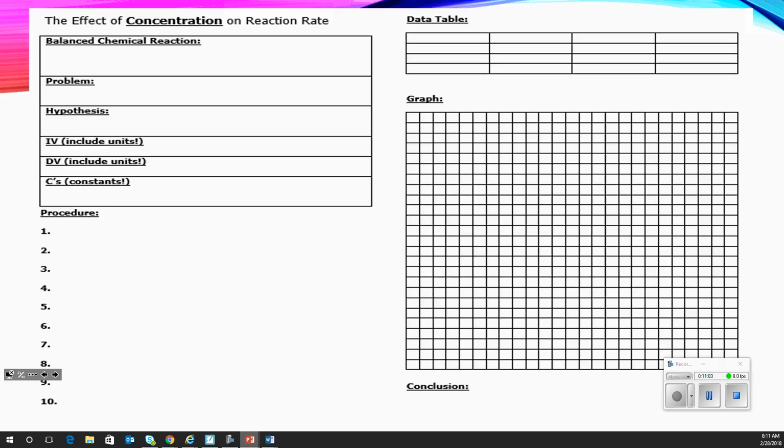Then what you're going to do is write on the first grid that looks like this. Turn to the first grid, and make sure it has concentration on it. Whatever you decided for concentration, that's what you're going to put for the balanced equation. The only one that doesn't have a balanced equation that you have to write yourself is the magnesium and hydrochloric